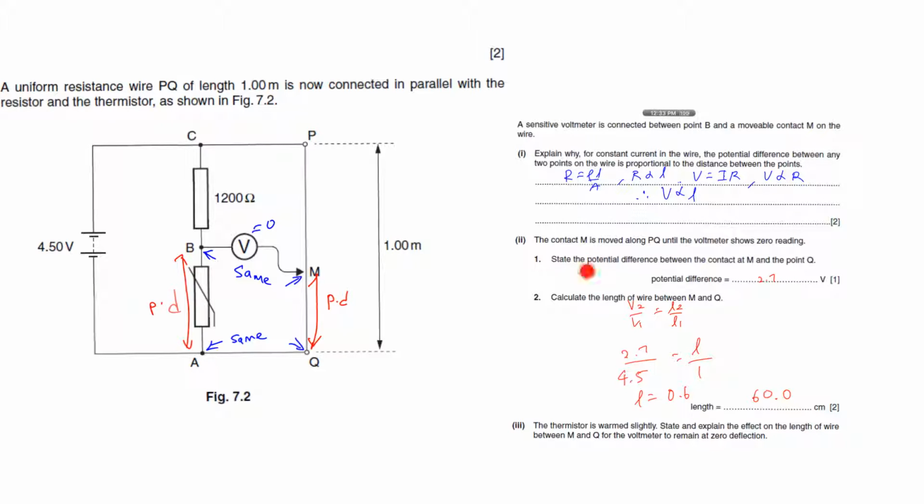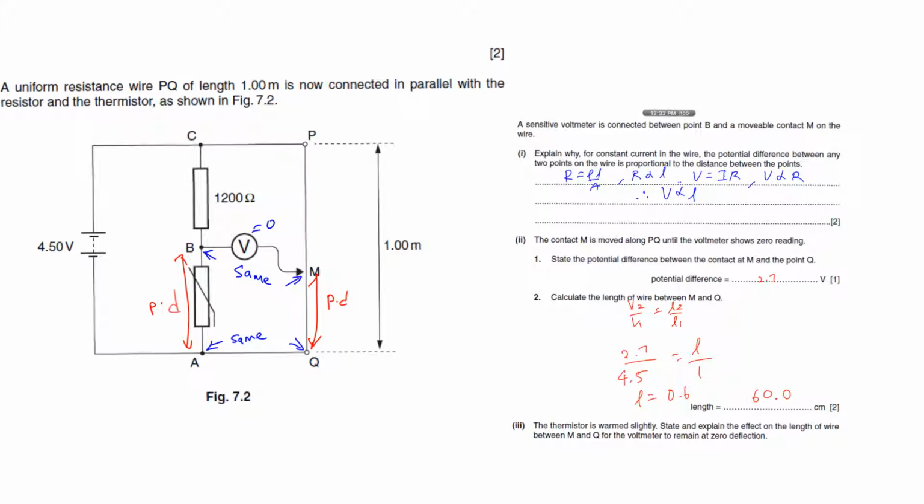Alright, so what is the PD between contact M and contact Q, which is here? It must be equal to this PD. And this PD we have actually calculated from the earlier part, remember? The PD across the thermistor, so you can assume it's the same answer, 2.7 volts. And then the next one, what is the length of the wire? So this one we can use our ratio formula, because 4.5 volts is across the entire wire, which is 1 meter. So what is the length